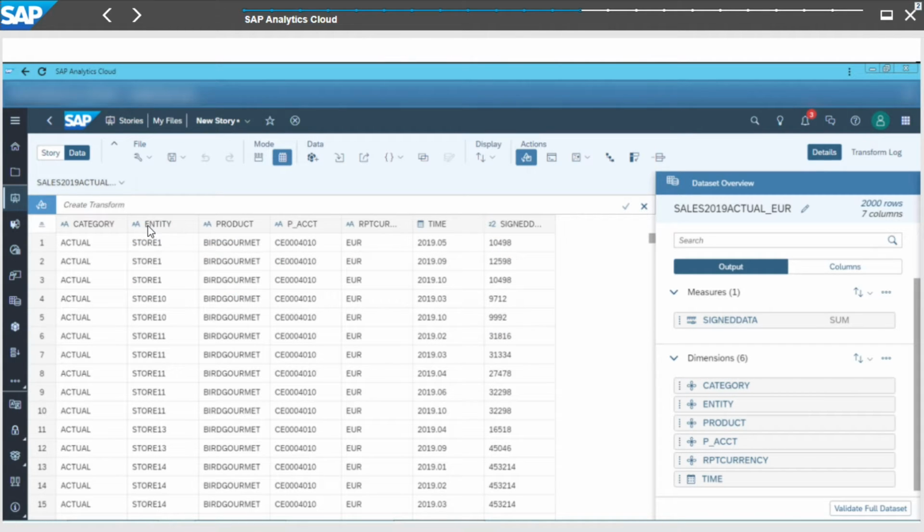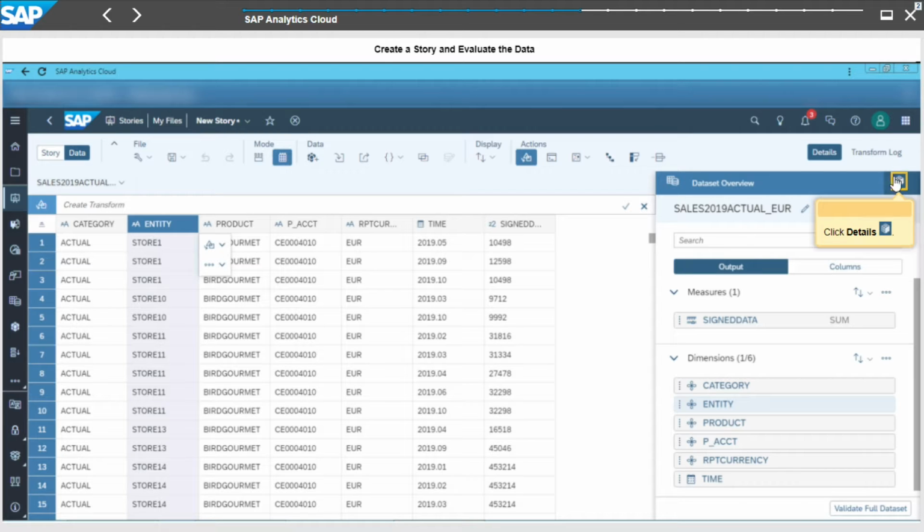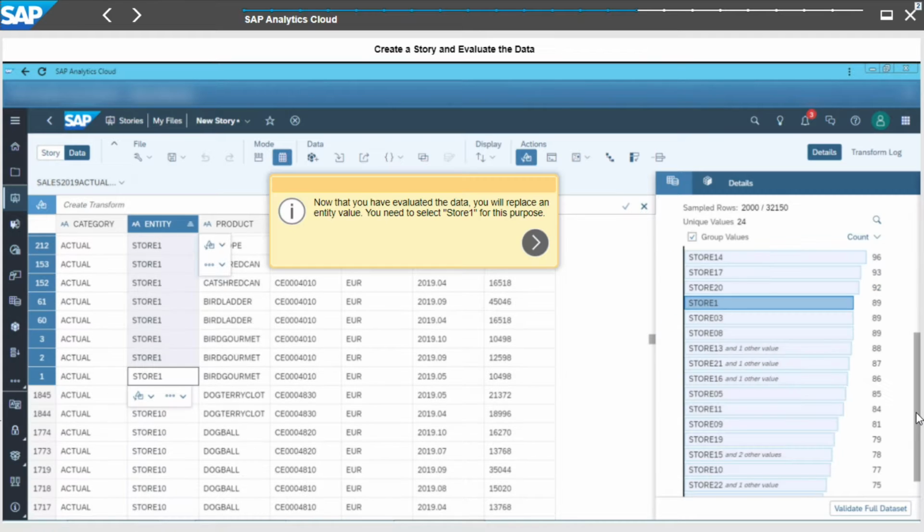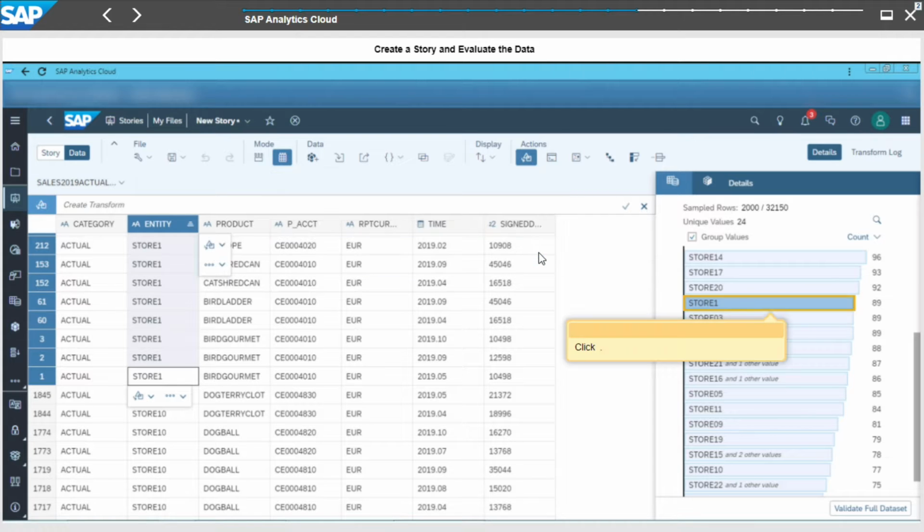Click on entity. Now it will show the details, and click on details. Click on the area below the scroll bar to scroll down. After scrolling down, we will replace the entity value store on. For store on, we have to replace the store on value. So we can click on store on